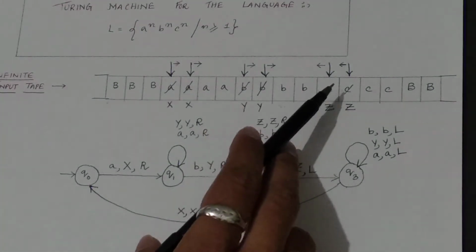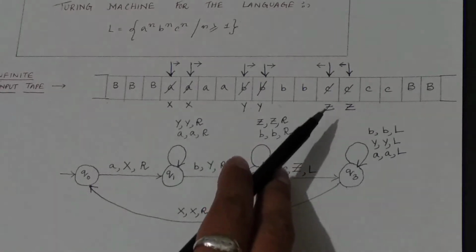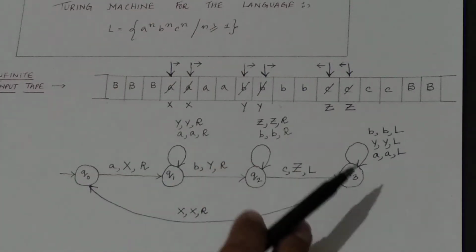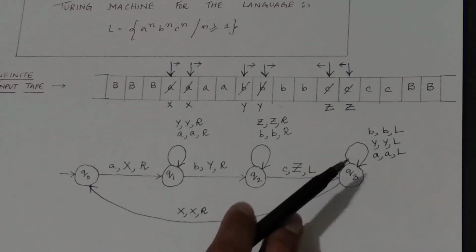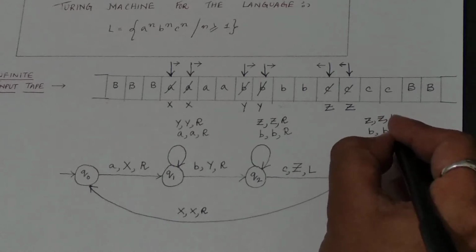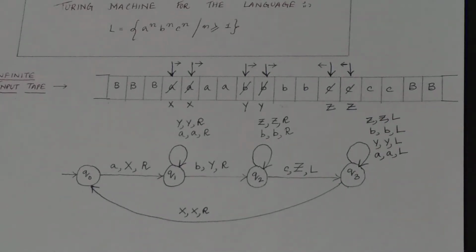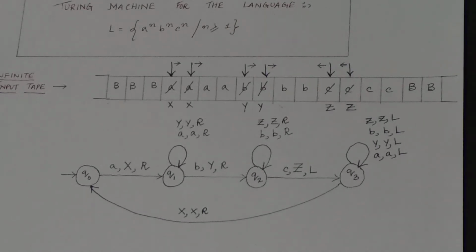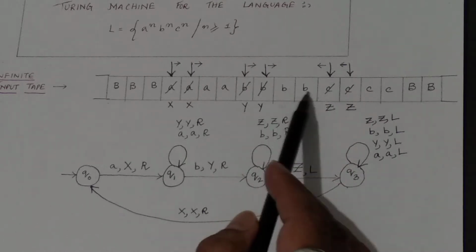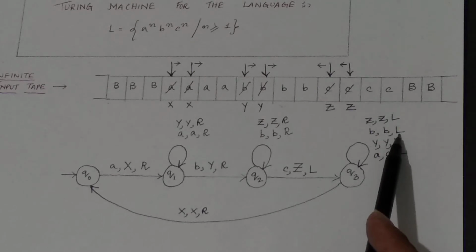Once it moves in the left direction, what will it encounter? It will encounter this Z that has been earlier replaced. So is there any kind of Z transition? No. So I have to use again, on seeing Z, replace by Z, and the tape head will move in the left direction. Now I think the Turing machine has understood very nicely how to work on it. Now look into the next scenario. After Z, what will it encounter? B. It is already mentioned that if you see B, replace by B and move in the left hand direction.